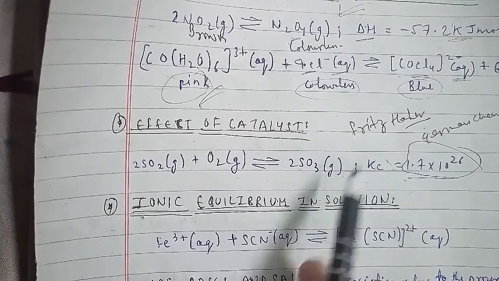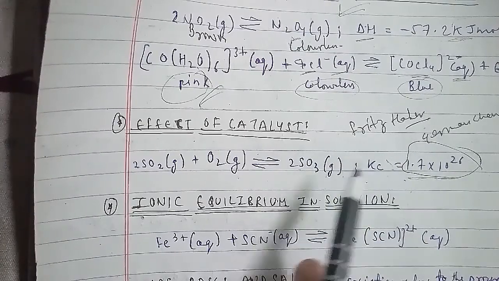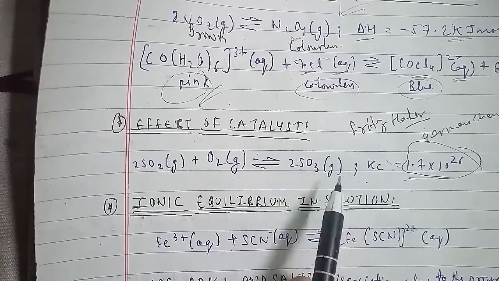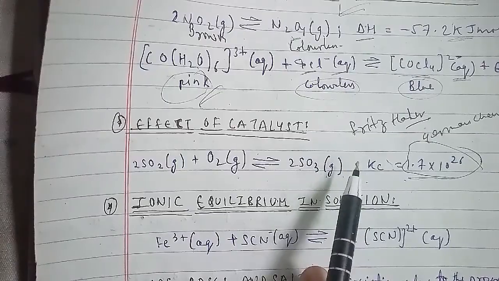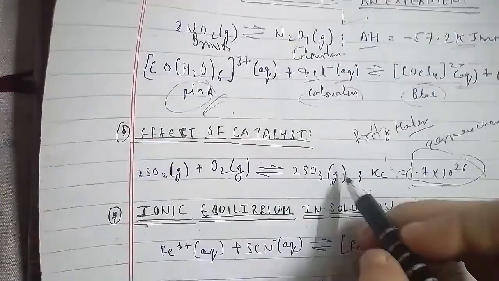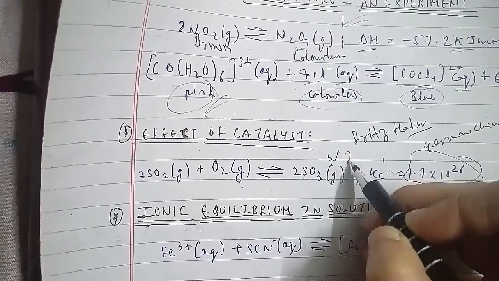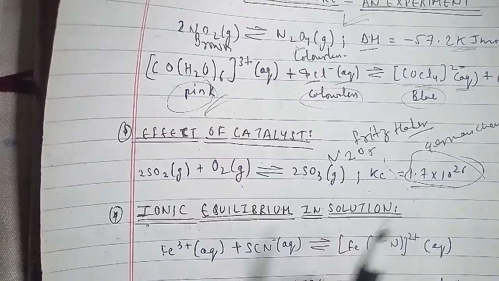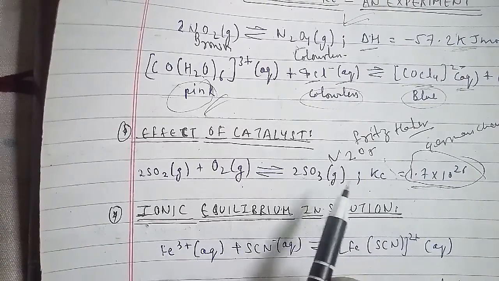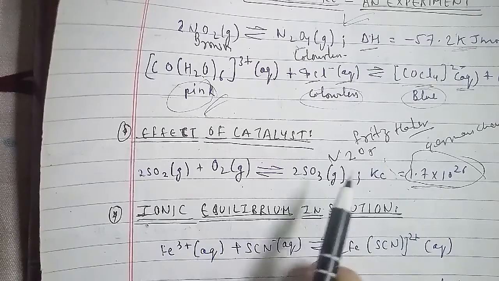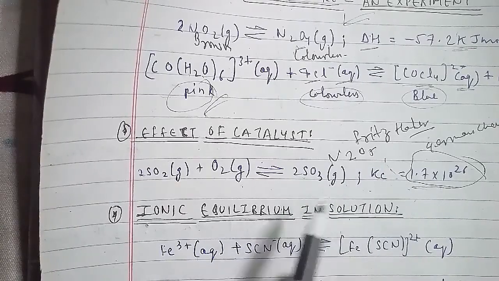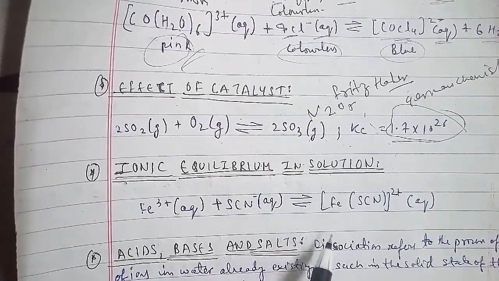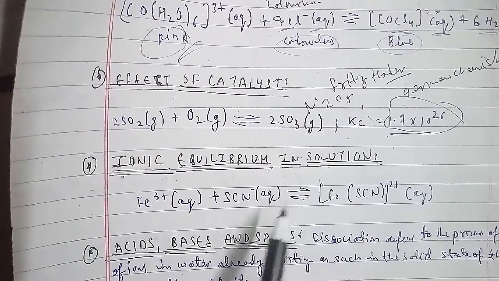With regard to that, there are numerous equilibria that involve ions only, and in the following sections we will study equilibria involving ions. It is known that an aqueous solution of sugar does not conduct electricity, however when common salt, sodium chloride, is added to water, it conducts electricity. The conduction of electricity increases with an increase in the concentration of common salt, and Michael Faraday classified substances into two categories based on their ability to conduct electricity. One category of substances conducts electricity in aqueous solution and they are called electrolytes,